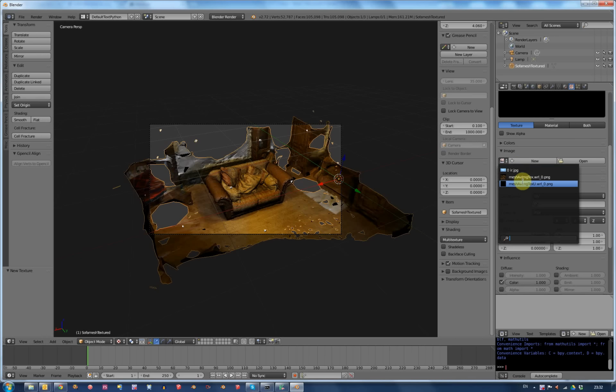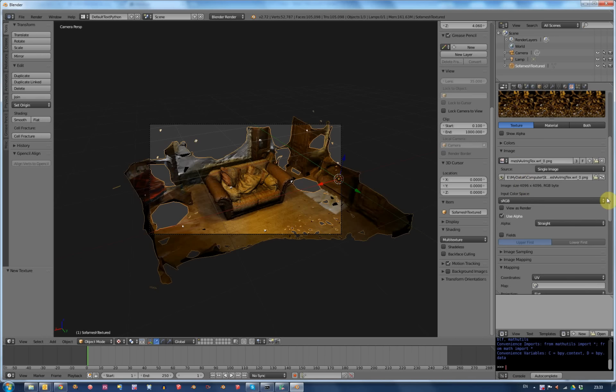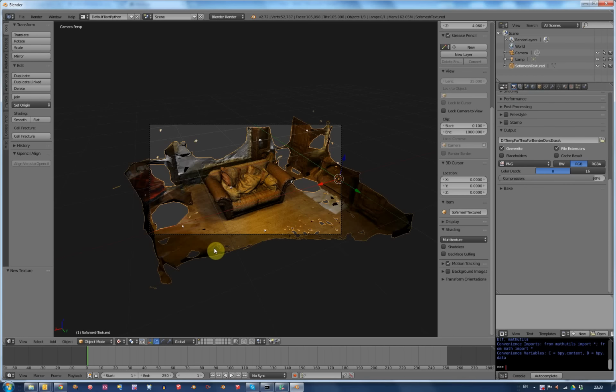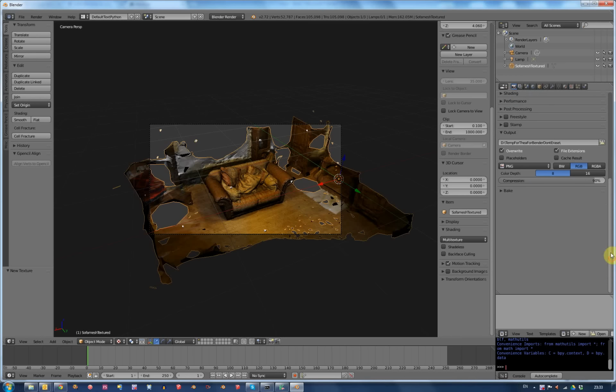Don't worry about that one with the U on it. Just select that one and come down here to where it says mapping, UV. And this is the existing UV map that has always been there, but just for some reason wasn't connected properly. So just select that. And now if you go to the render tab and render it,